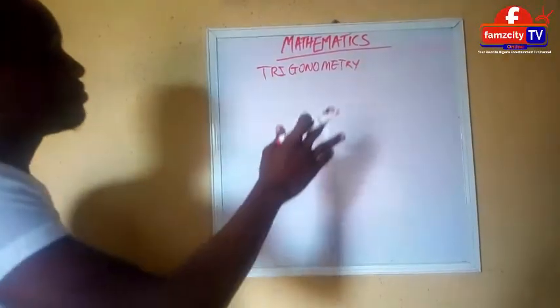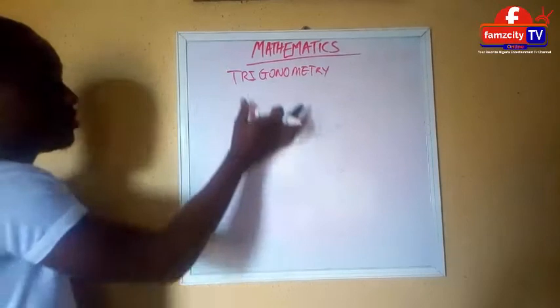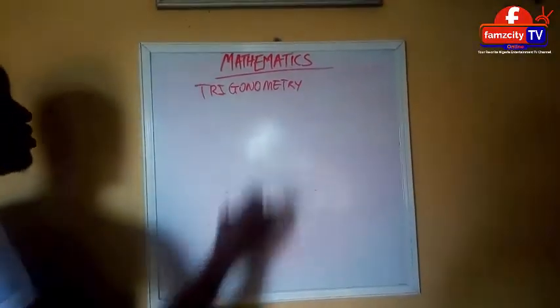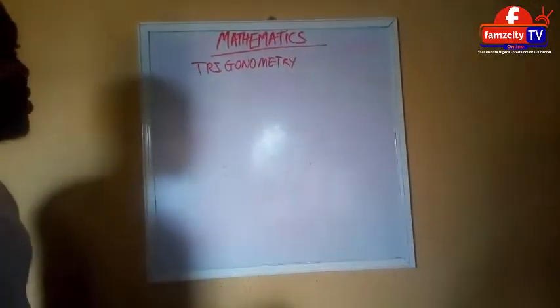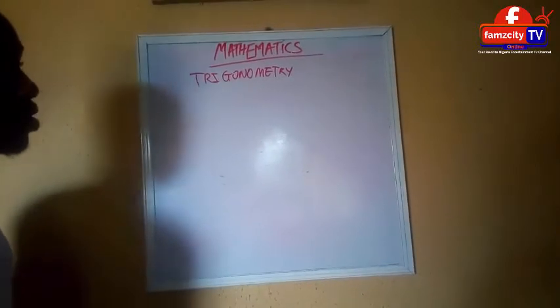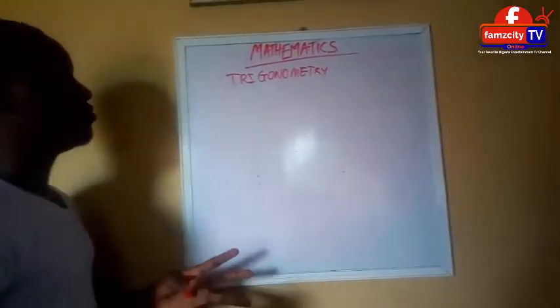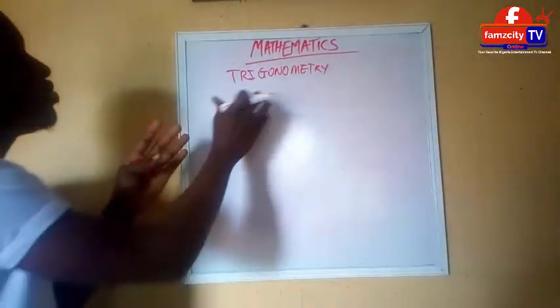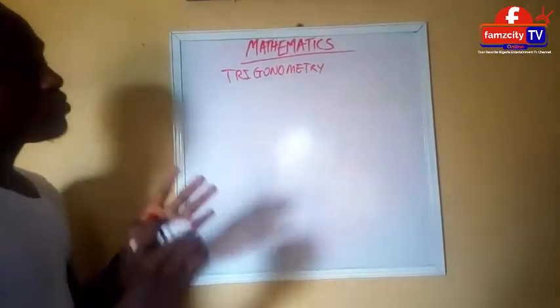Salam. I'm taking your mathematics topic under mathematics. We have trigonometry. Trigonometry is a branch of mathematics that deals with the distances and the angles of a triangle. So this trigonometry is coined from three words, which are